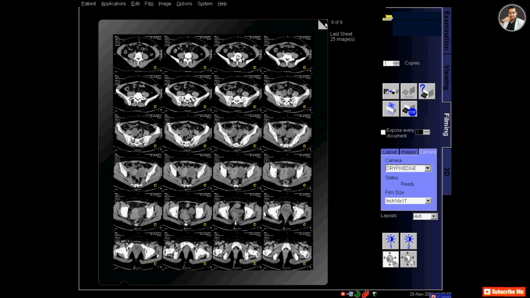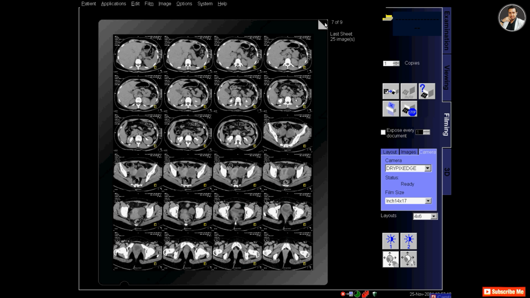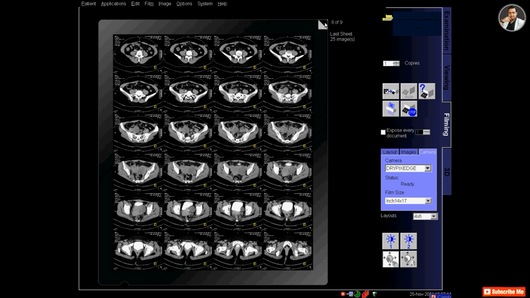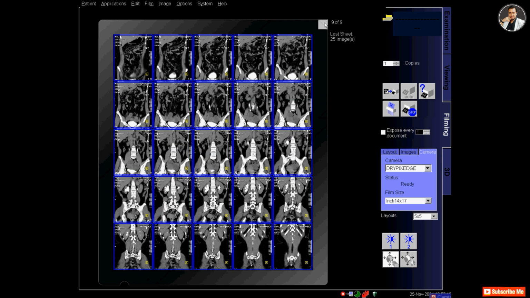So there are 9 2D films that I made for urogram, and I have post-processed the urogram film on the Syngo.via, which I will share later. The post-processing of urogram film in the Syngo.via. So always use Syngo.via for 3D post-processing of the urogram.